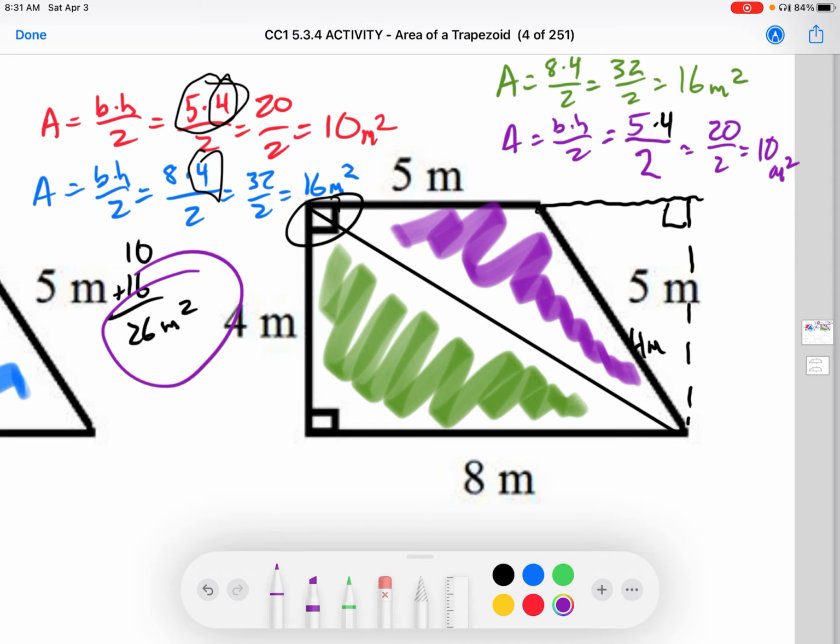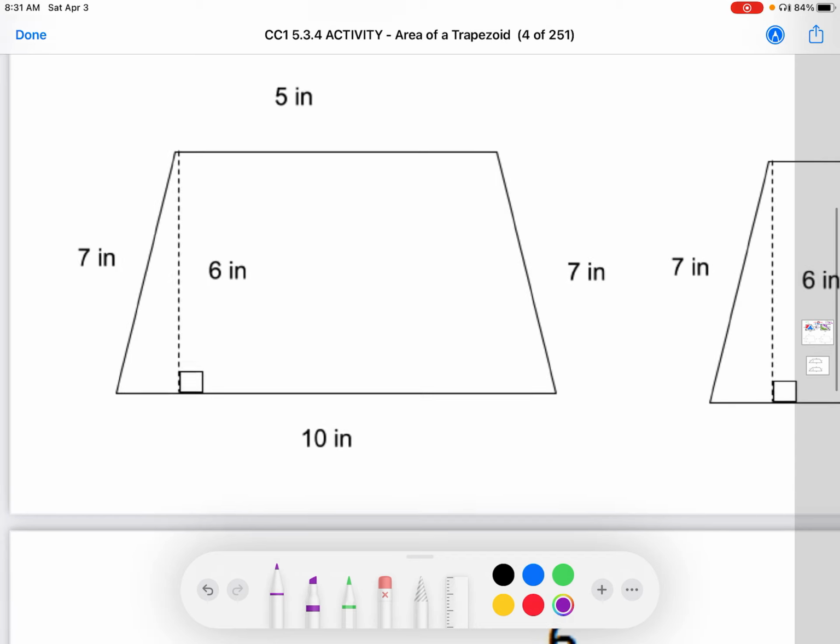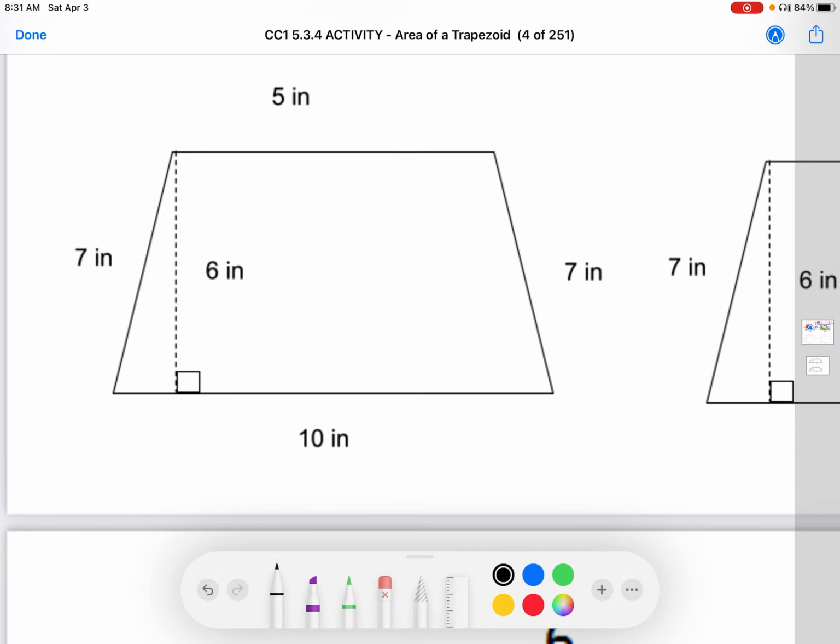All right, that was a much slower process right there. Let's start to pick up the pace just a little bit. Okay. All right, we're going to again draw it in here. We don't normally have to do it twice, but we're going to do it here a little bit just to